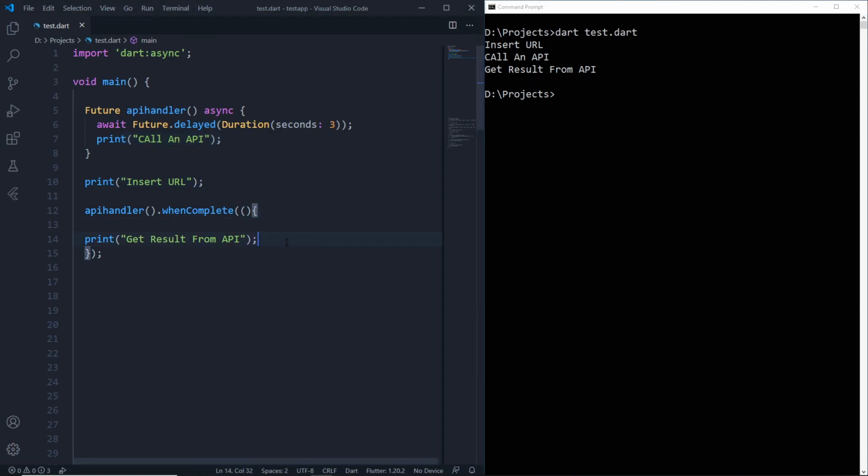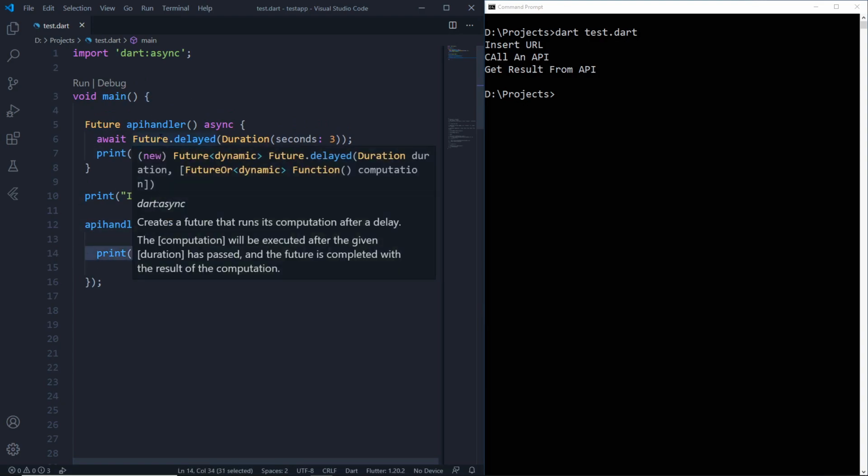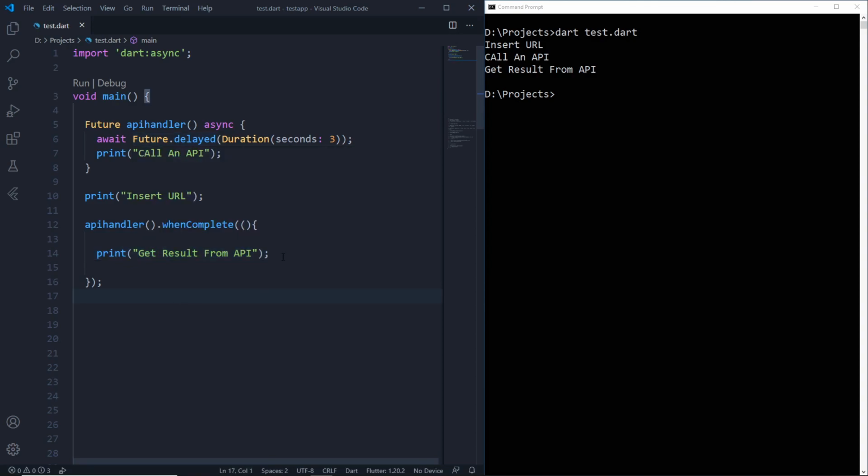This is how you should actually handle all the asynchronous calls. First you have to wait for that to complete itself, and only then can you use the data to process or do anything as such. Now there is another method, that's then, and the difference between when completed and then I won't go deeper into. But the first thing is that when completed will basically execute its code even when this gives an error, and then won't execute its code even when you get an error. But actually you can use an on error. You can catch an error in then too, and then you can handle the errors.